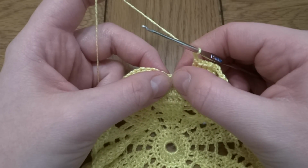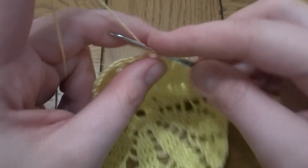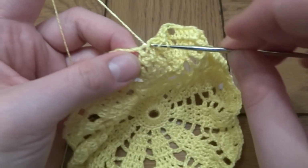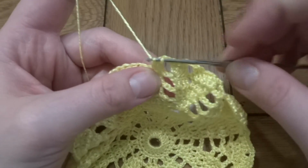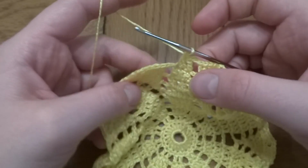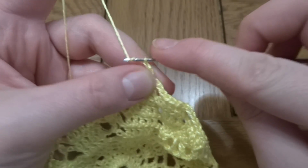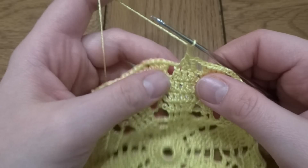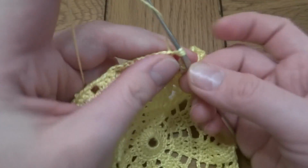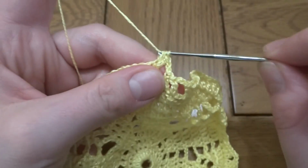into the first stitch we have to work 1 double crochet, and then into the next 2 stitches we need to make a decrease, 1 and 2, chain of 2, 1 and 2, and now into the first double crochet we are working 2 double crochets, 1 and 2, and then